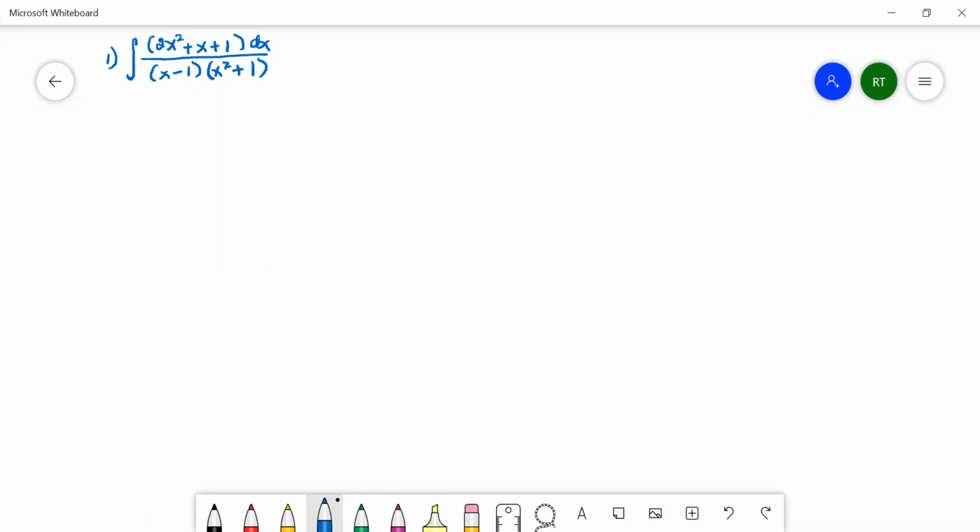And since the denominator consists of one distinct linear factor and a distinct quadratic factor, then we can have the rational function 2x squared plus x plus 1 over (x minus 1) times (x squared plus 1)